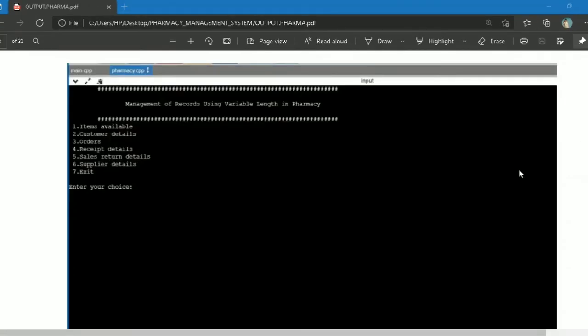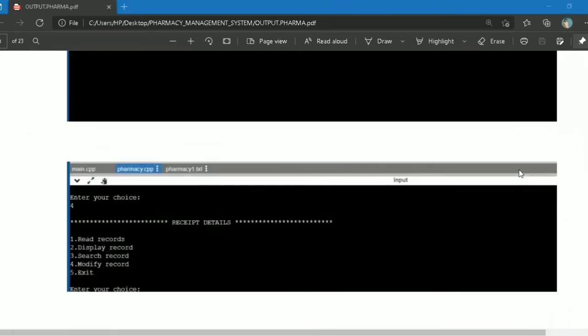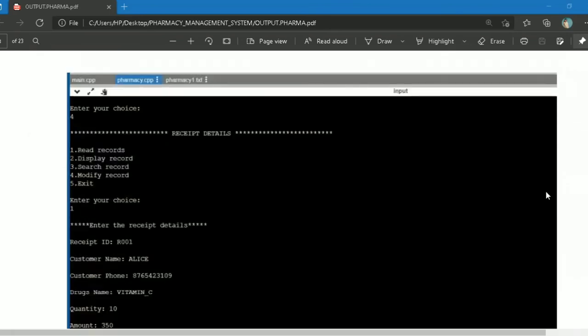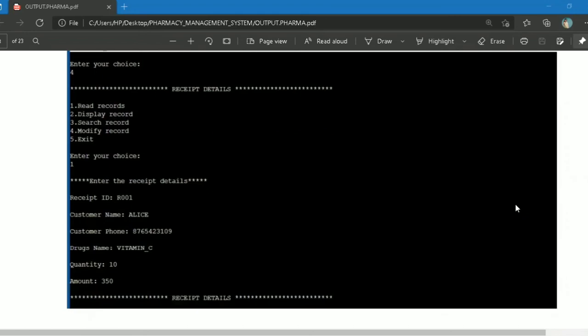Now, when the user enters choice 4, which contains the receipt details, it has read records, display records, search, modify, and exit. If the user enters choice 1, it will ask the user to enter all the receipt details, which contain the receipt ID, customer name, customer phone, drug name, quantity, and the amount.